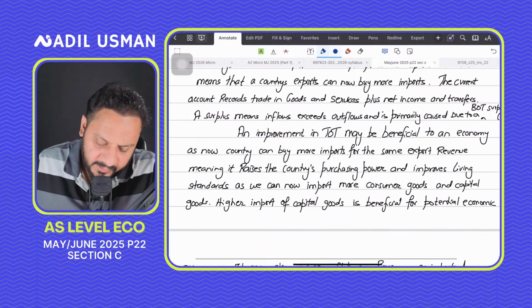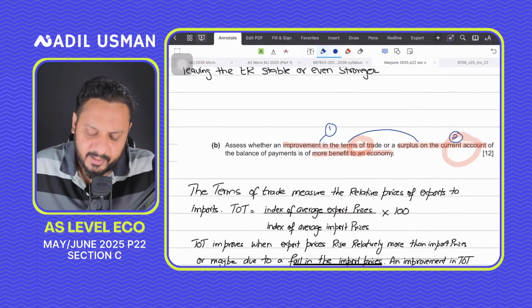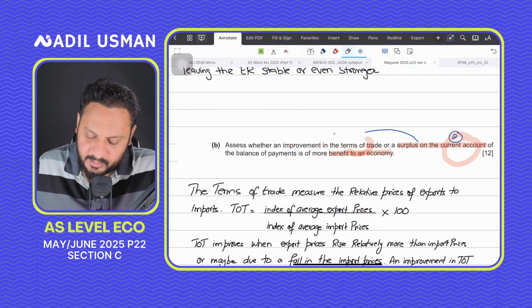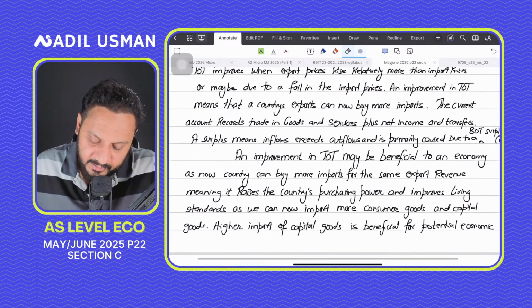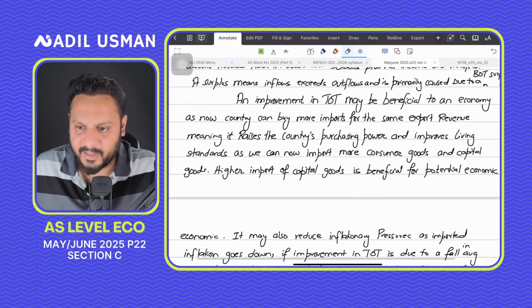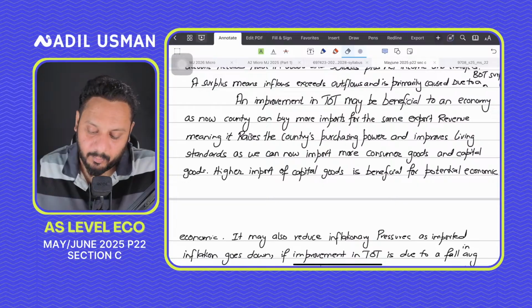Okay. An improvement in terms of trade may be beneficial to an economy. So first we'll start off by writing the benefits of terms of trade, and then we'll move on to a current account surplus benefit. So an improvement in terms of trade may be beneficial to an economy. Why? Because we know that when the terms of trade improves, the country can buy more imports for the same